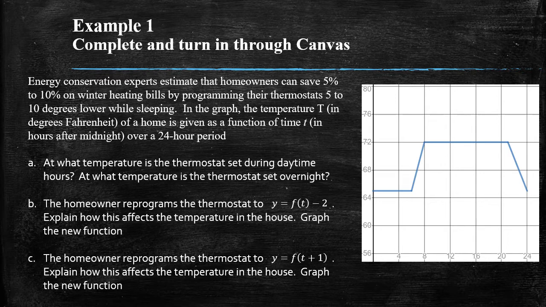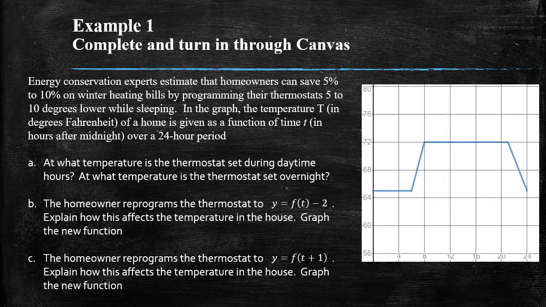Okay, so energy conservation experts estimate that homeowners can save 5% to 10% on winter heating bills by programming their thermostats to 5 to 10 degrees lower while sleeping. In the graph, the temperature T in degrees Fahrenheit of a home is given as a function of time t in hours after midnight over a 24-hour period. The first part is to determine the temperature set during the daytime hours and also the temperature on the thermostat